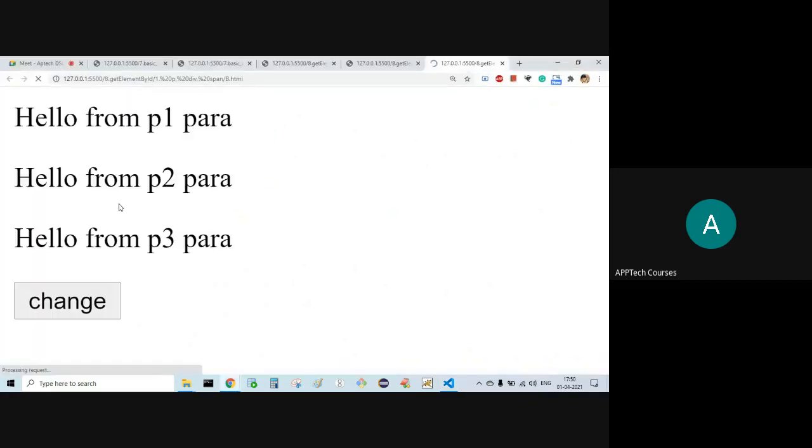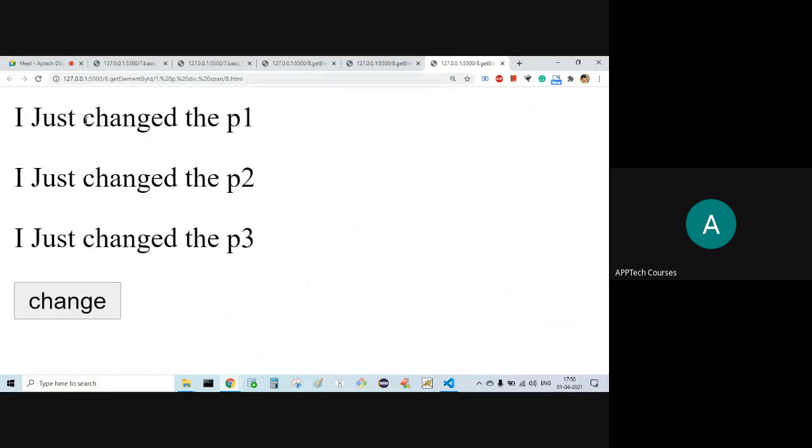Initially, this is the content: hello from P1 para, P2 para, P3 para. If I click on change, I just change to P1, I just change to P2, I just change to P3. We are changing the innerHTML or content of the element using innerHTML.